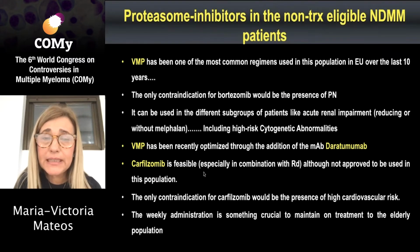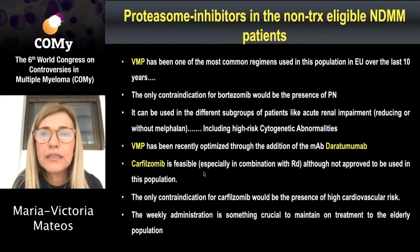But definitely carfilzomib is another proteasome inhibitor that can be utilized in this population, although it's true that today there is not any official approval for this drug in this population. The only contraindication for carfilzomib would be maybe the presence of a high cardiovascular risk or prior medical history, including severe cardiovascular diseases. And definitely in this population, the weekly administration is something crucial to maintain on treatment the